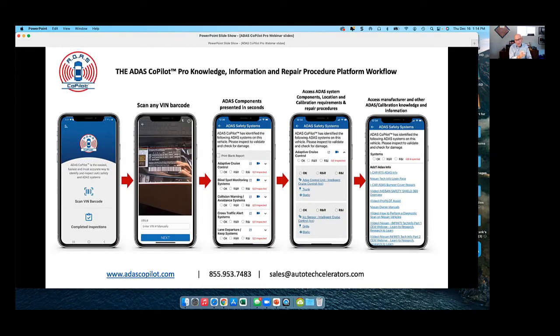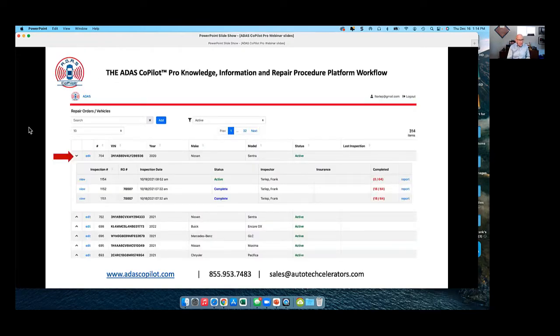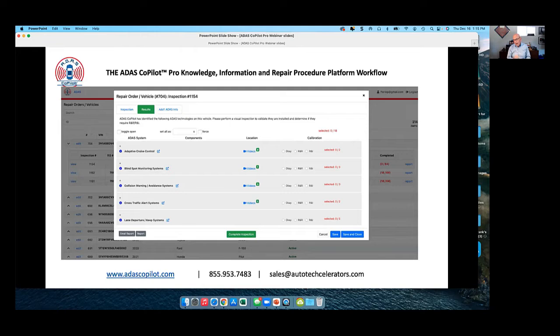So once I've scanned the VIN, now, by the way, I should have that conversation with the customer. Once that's done, that vehicle information is immediately accessible to any estimator, any repair planner, anybody in the facility that is indicated as a user. So now, as a repair planner, you're going to see how it works. I now have access to that VIN and, oh, by the way, all of the systems that are related to that vehicle. Not only do I have information related to the systems, I also have videos associated with that.